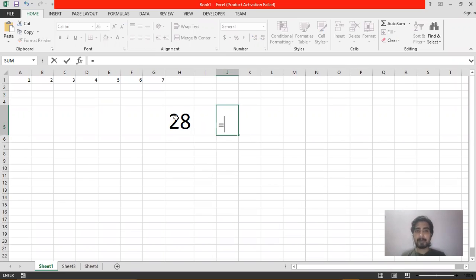For example, suppose if I want to add this H5 and G1, in that case you can just write it like this: H5, then plus symbol, and then which cell you want to add, that is G1. So just type the name of that cell, press enter, and the calculation will be done, and the result will be displayed in that cell.